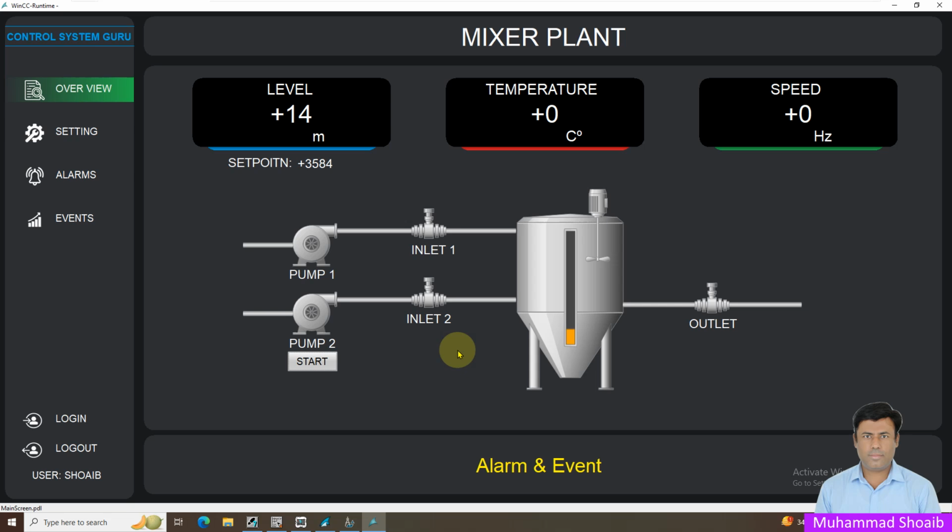If your SCADA is remote, you can set, for example, that once the button is pressed, the output command should be true for 10 seconds. In that case, your command will be true for 10 seconds, and after that it will automatically go to the zero condition. So that type of